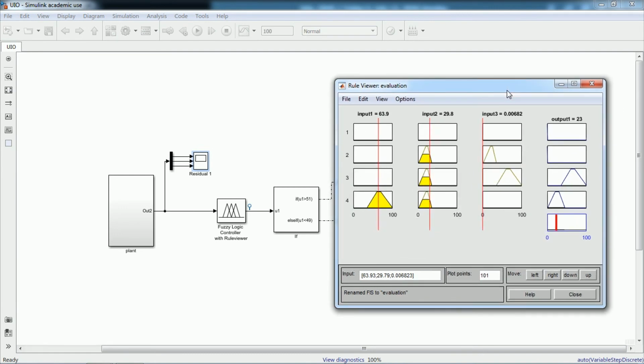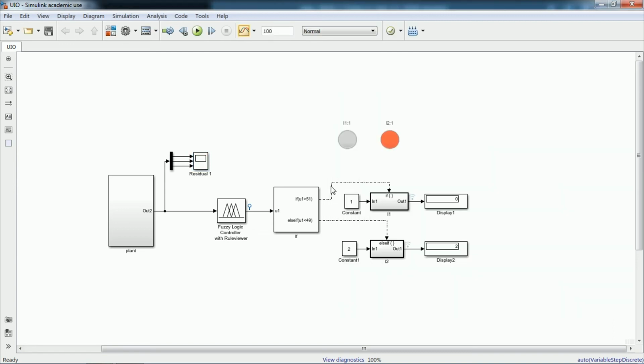The rule base will show what is the input 1, input 2 and input 3 clearly. Here as you can see, input 1 is high, input 2 is mid and input 3 is low. Based on the membership function, it has decided that the output of the Fuzzy controller will be 23. This will be the crisp value that will be decided by the output membership function. This is the decision making system based on the output of Fuzzy controller.